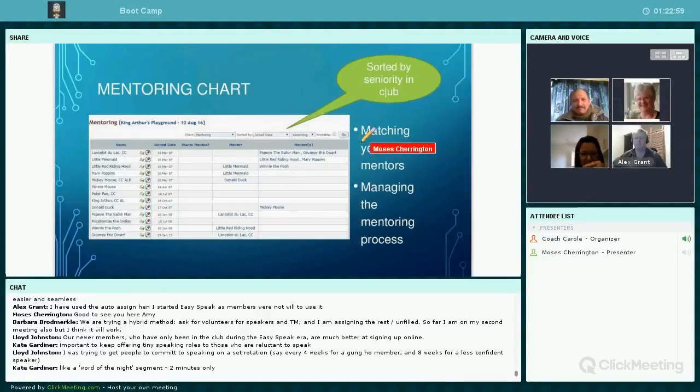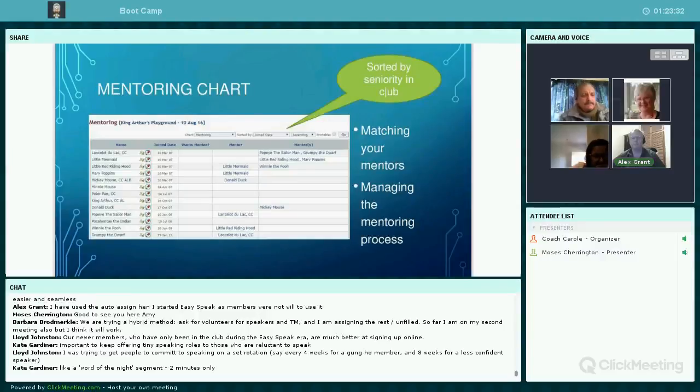What I've turned to next is the little mentoring chart that you may find of use in the process of A, matching your mentors, and B, managing the mentoring process. It is only the technical part of it, I know. It says nothing about the way in which you do your mentoring, but it gives you a start. So once again, from this club, go to your charts and choose the mentoring chart.